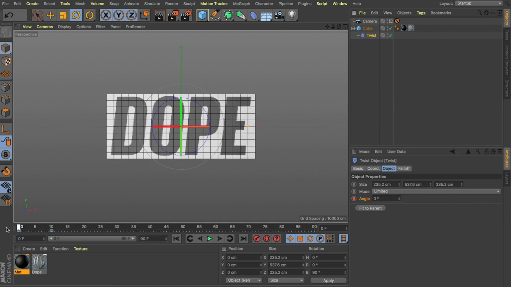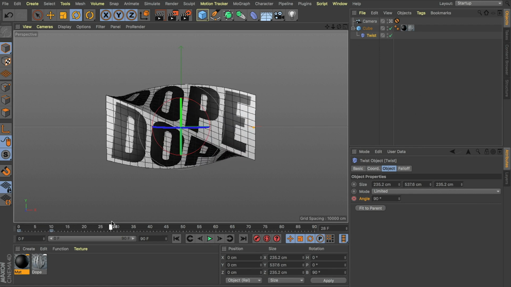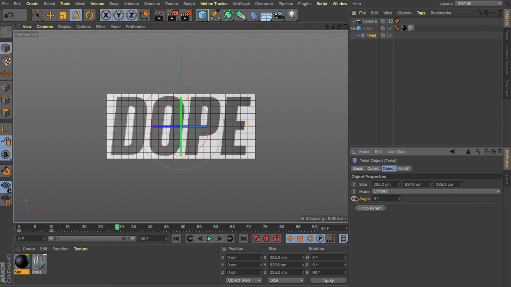Now as I scrub back through these frames, you can see we just get that little bit of anticipation as it whips back around. But now we need it to ultimately rest and resolve clear with our dope center in the frame there. So let's come to frame 30, and I'm just going to zero out our angle and add another keyframe.